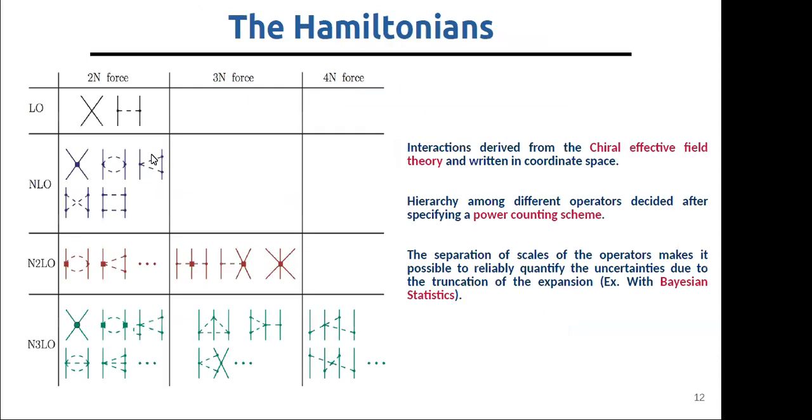In the modern view of doing nuclear physics, nuclear Hamiltonians are derived from effective field theories. In particular, the effective field theory that I'm using in my work is the so-called chiral effective field theory. It is a low energy theory of QCD that retains all its symmetries, but